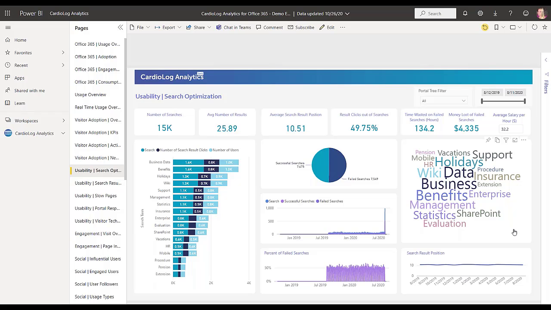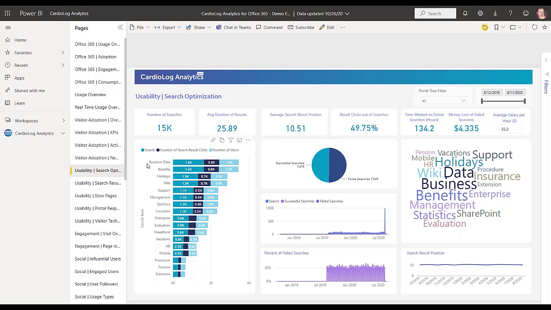We look over here with the word cloud. You can track the topics your users are searching for, what they need help with, and what interests them. For example, is everyone looking for the same document or for the same page? If that is the case, it would be best to surface that content so it's easier to find in order to improve the performance. So here on the left, you can see the top search term, in this case, business